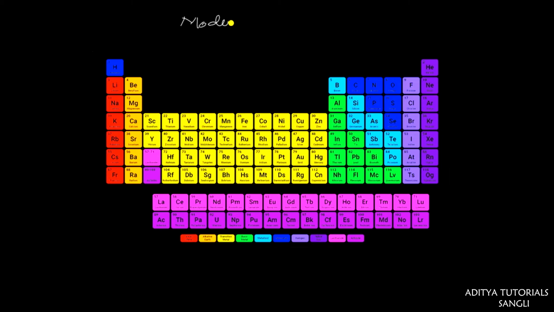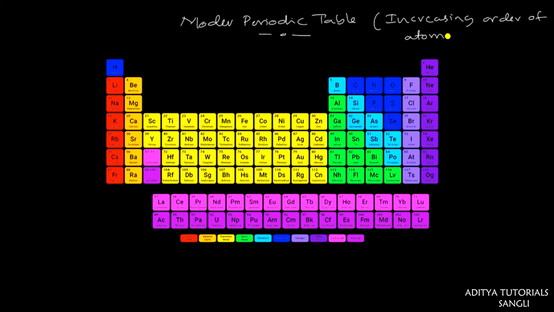Modern periodic table. And you should know that in the previous section I explained to you how the modern periodic table is constructed. This construction is based on increasing order of the atomic numbers of elements. We have arranged the various elements in order to get this periodic table in increasing order of their